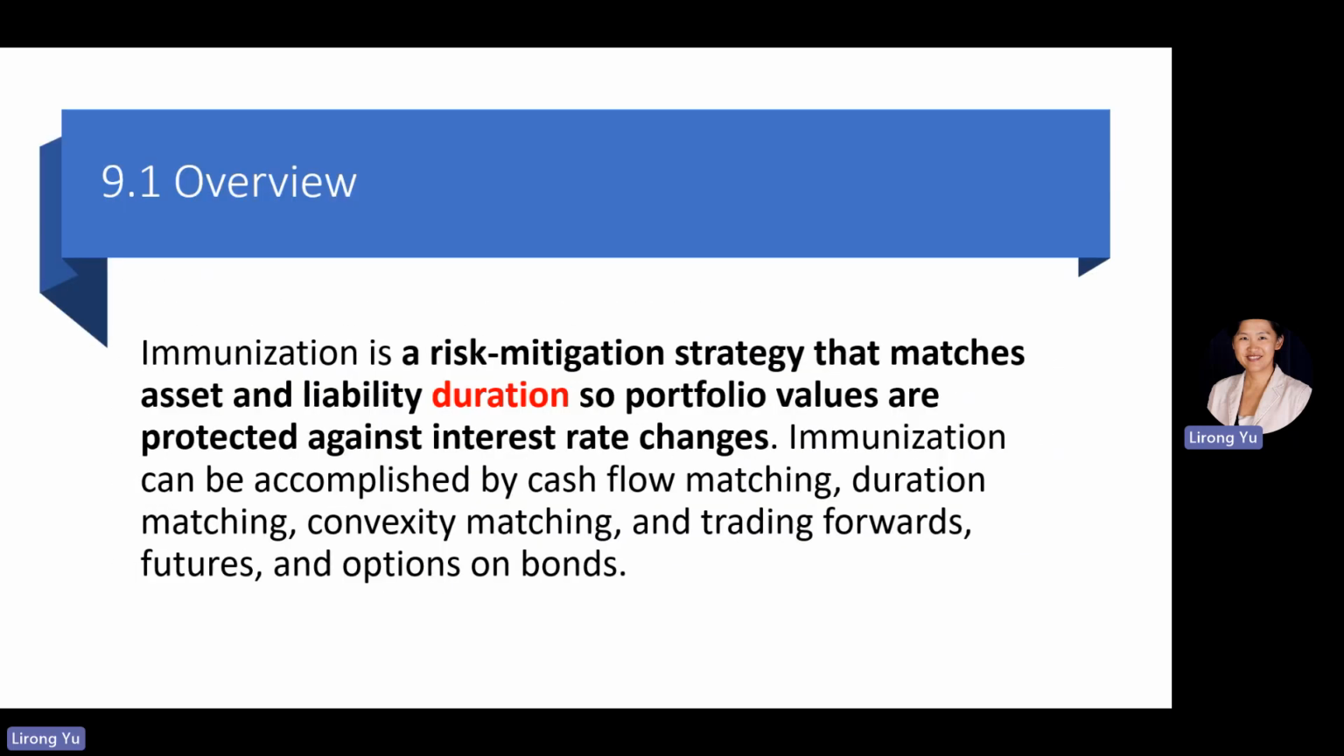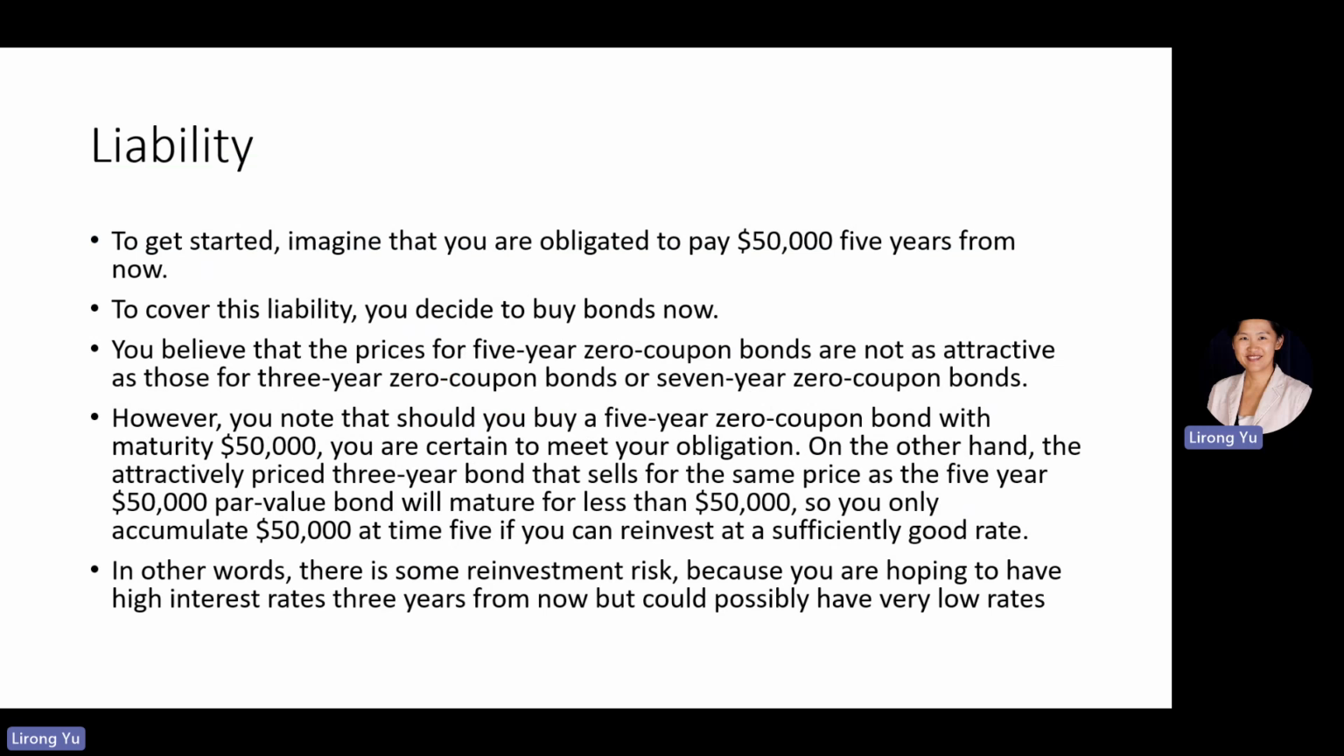First, liability. You can think of liability as future debt. For example, suppose you are obligated to pay 50,000 5 years from now, for education or for other reasons. That is a liability. To cover this liability, you have to do some planning now, just so you will have enough funds in the future. So one of the ways to cover that liability,